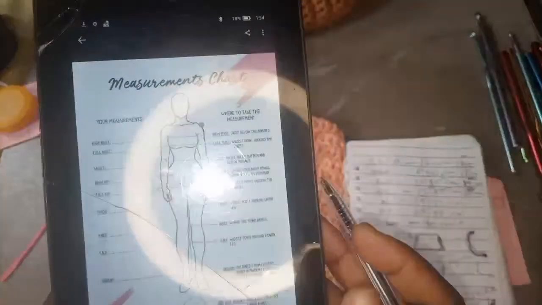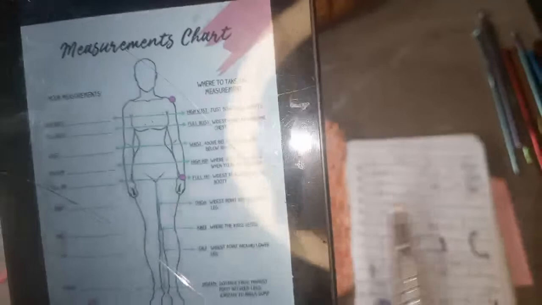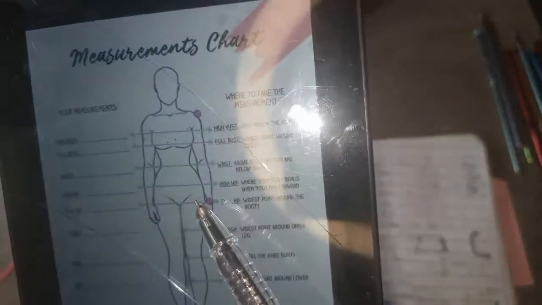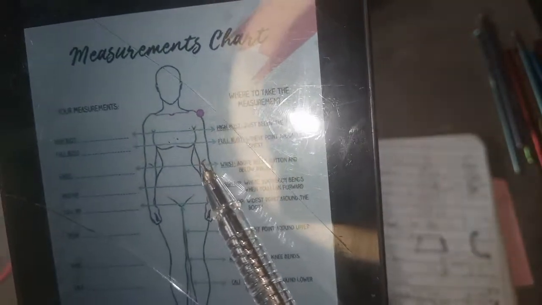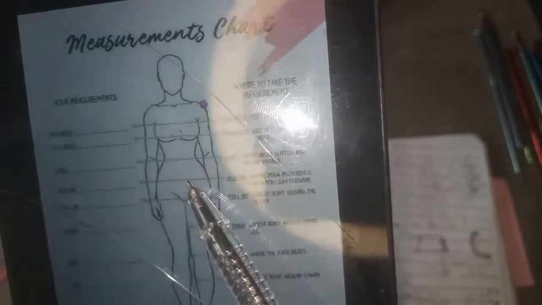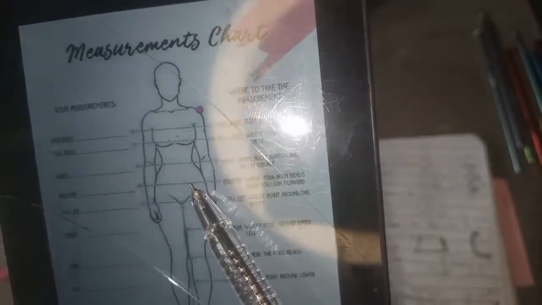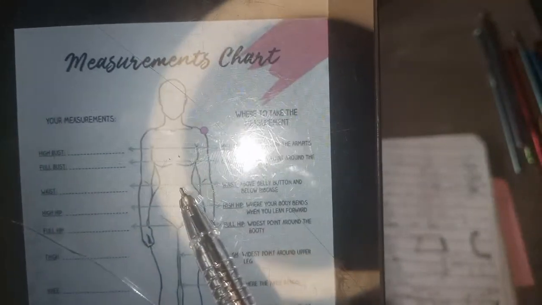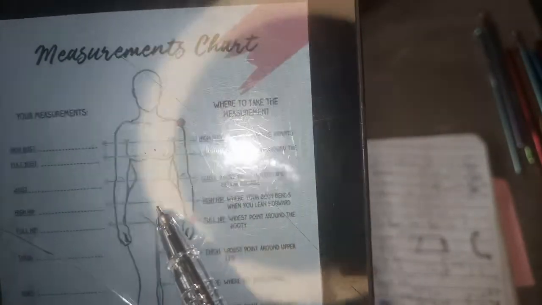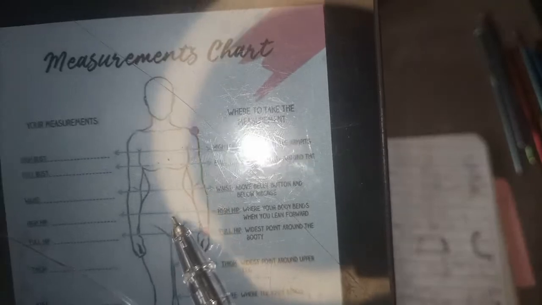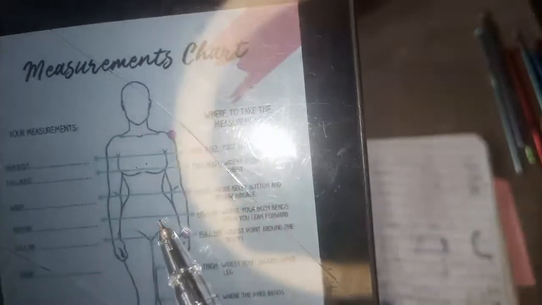So we are moving from our waist measurement to our high hip, which is our waist measurement in this case. This one is our half length measurement to our waist measurement. If you don't understand what I'm saying, you can go back to this video at the end of the class, then go back, you understand what I'm trying to say.